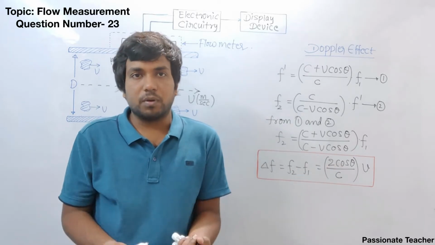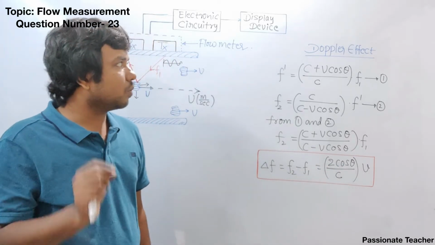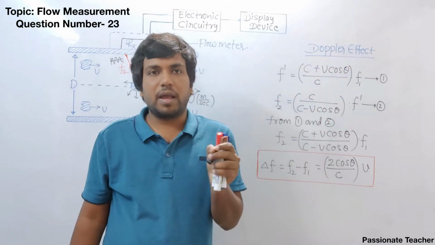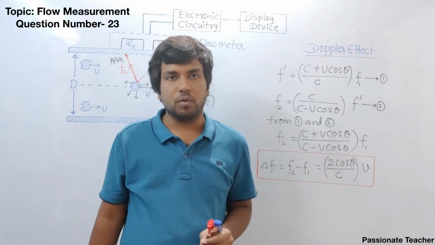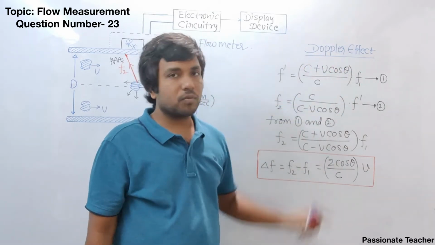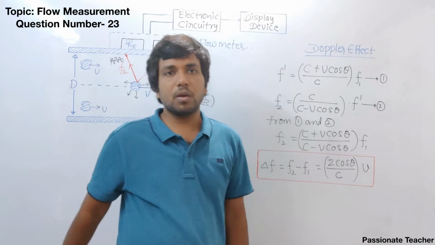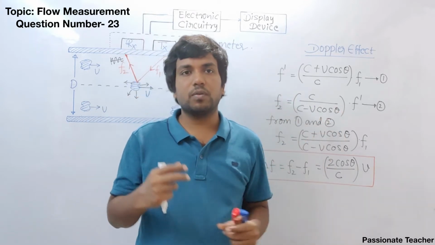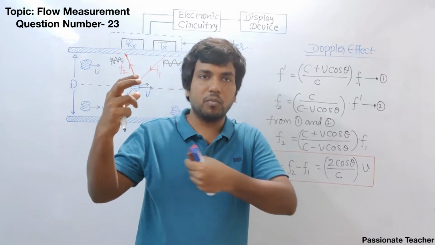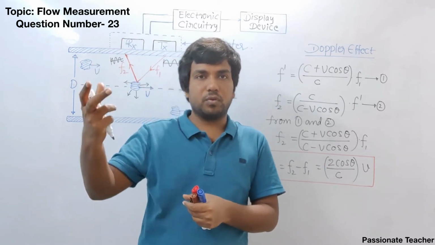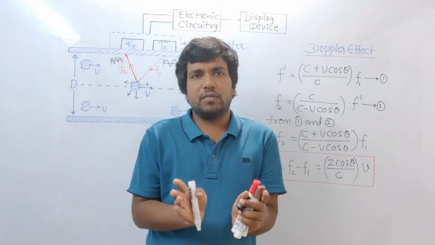How is it possible? To understand that, one should go through the basic Doppler effect that you might have studied in your higher secondary schools. In the Doppler effect, we are going to have two objects: one is a moving object and the other one is stationary. So the first case is a stationary source and moving object. The second case is a stationary object and moving source, right? So different theories will be there.